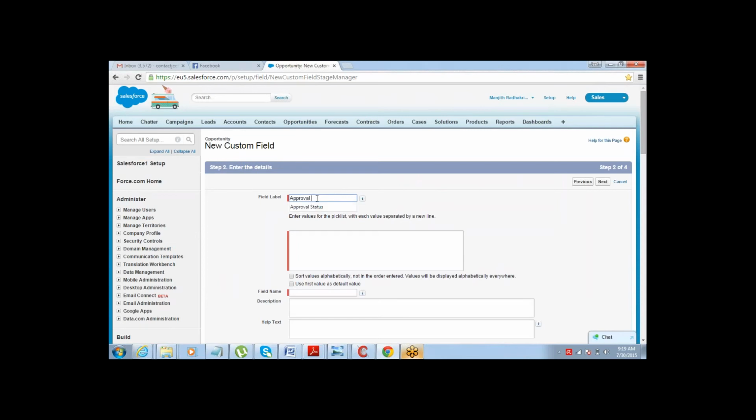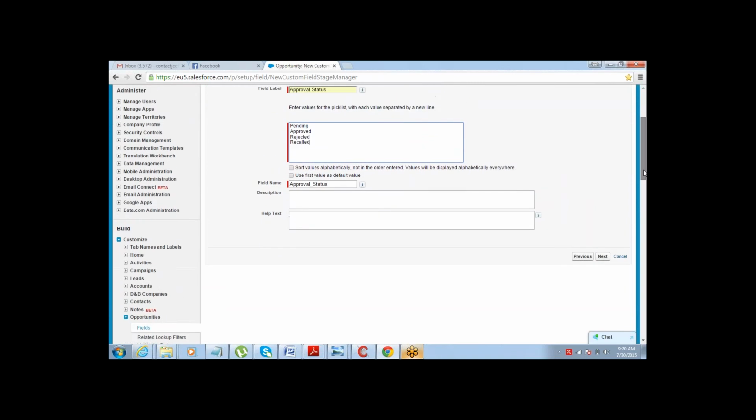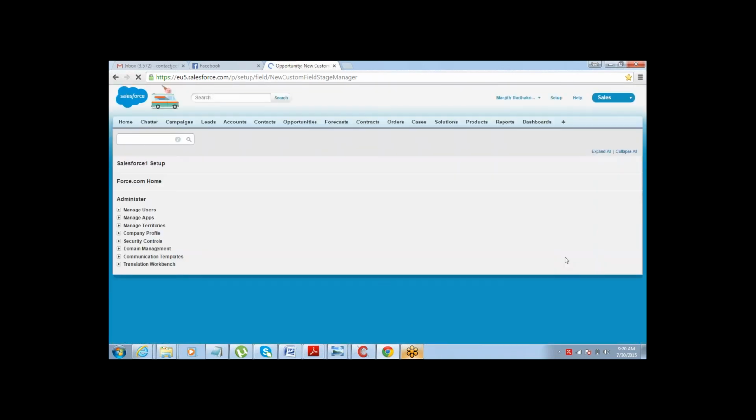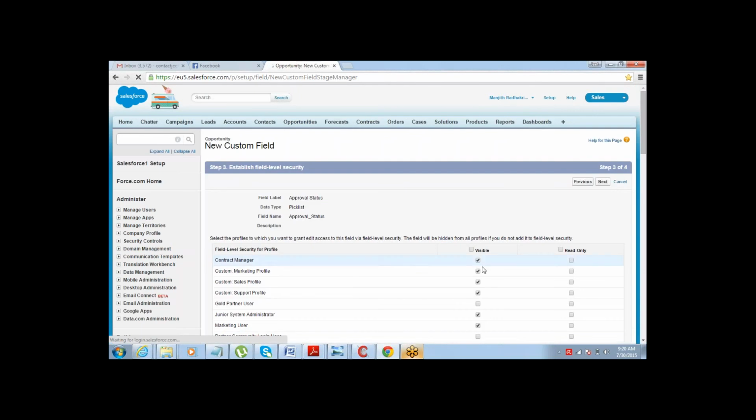Name it approval status. Options here are pending, approved, rejected, recalled. Okay, if someone submits it for approval and then recalls it, that will be the recalled status, right?